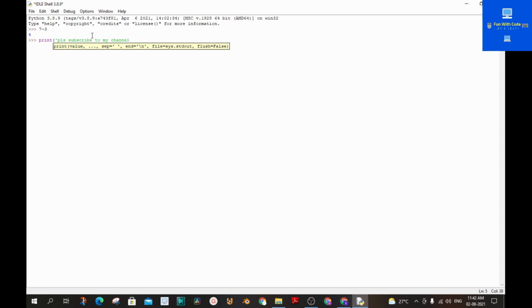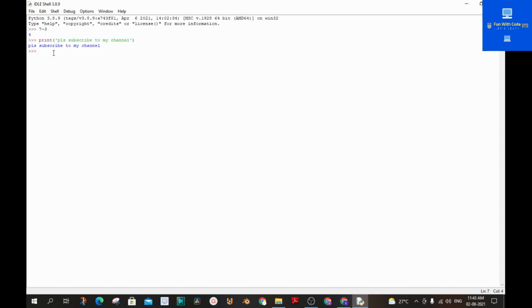You have to close this with the same quote you used at the first. You can use either single quotes or double quotes, and you also have to close with the brackets. If you hit enter, Python prints the text which I have given here.